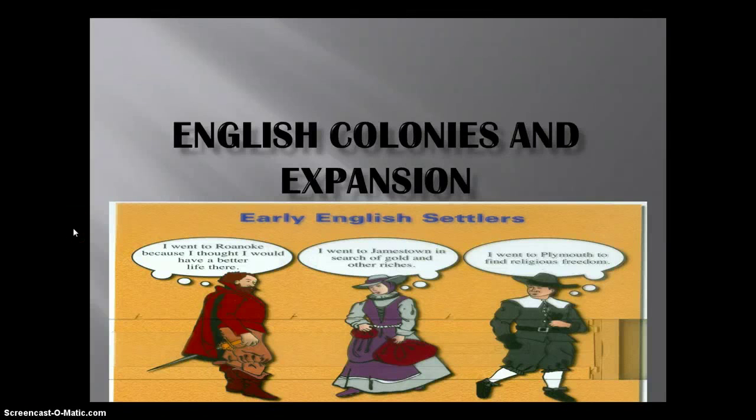So in this section, we're going to talk about English colonies and expansion. And, as was mentioned in the last section, it wasn't only the English that were trying to settle in this land, but it's the English colonization that is going to lead to the creation of the United States of America. And so that's why we focus on this, and of course not so much on the French settlement, although we will still mention the French from time to time